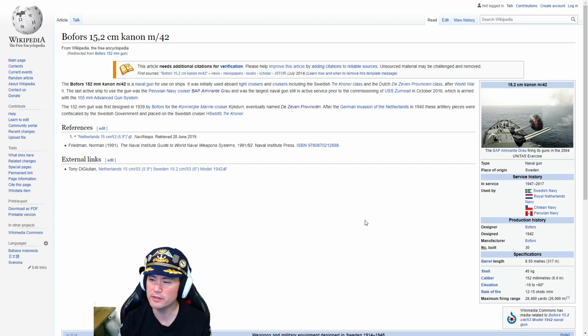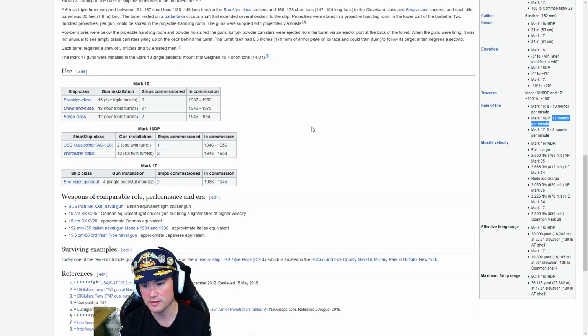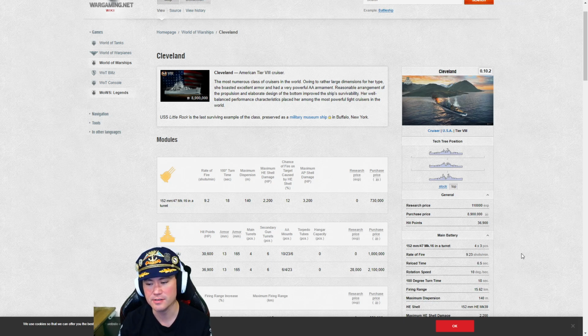So I was very curious how that stacks up to other ships historically. So I went ahead and took a look at the 6-inch 47 caliber gun. This is the gun that's used on the Cleveland. And you'll note it's 12 rounds per minute. So this ship reloads faster than the Cleveland, which is often the hallmark of spammy spam. I was curious to know more about the ship's performance in World of Warships. Of course, I pulled up the wiki. And if I take a look at the wiki here, the reload time is 6.5 seconds on the Cleveland. Now, assuming this ship comes out the way that it looks, a 5 or even 4 second reload is quite